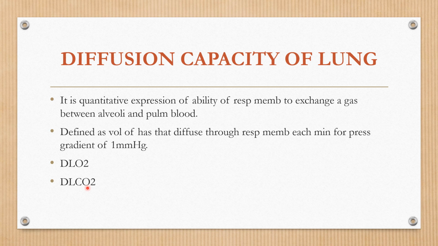So CO2 does not retain very much as oxygen diffusion is impaired. That is because of the higher diffusion capacity of carbon dioxide. So it is one important point: even in times of impaired diffusion of the lungs, the CO2 retention is not very significant compared to the impairment of oxygen diffusion across the membrane.